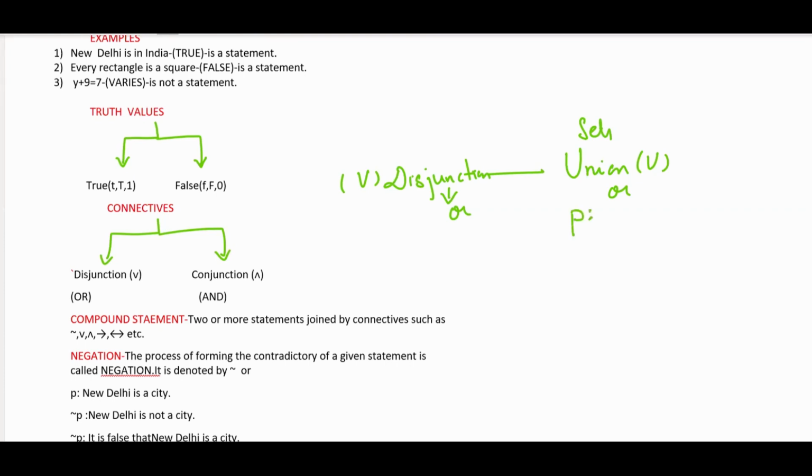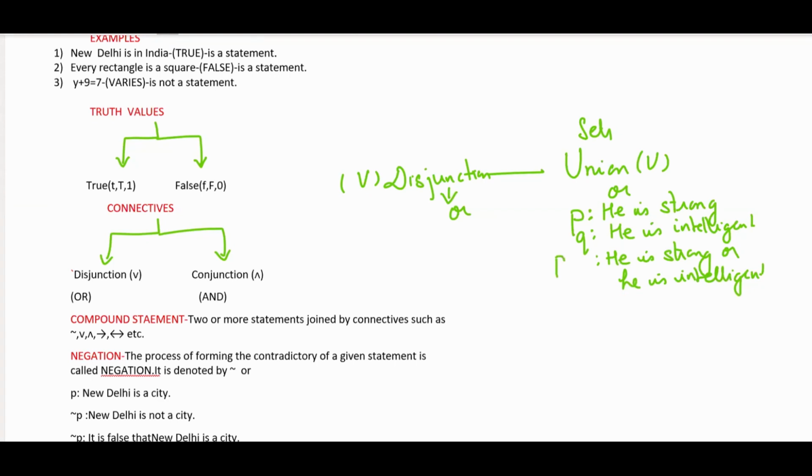if statement P is he is strong, and statement Q is he is intelligent, then if this is written, he is strong or he is intelligent, we represent this by P disjunction Q. Okay, now